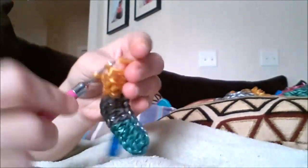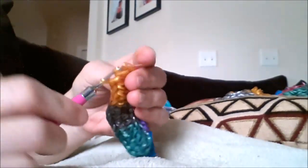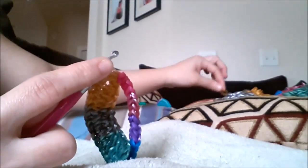next chain, single crochet, one double crochet, one, two, we have 2 bands, hook them all in, to the next chain, 2 double crochet, 1, 2, 2 bands, we have 2 bands, hook them all in, 1 more double crochet in the same chain, 1, 2, 2 bands, hook them all in, down to the next color,